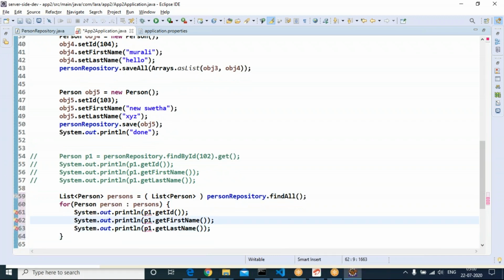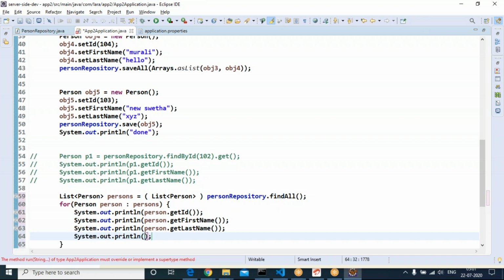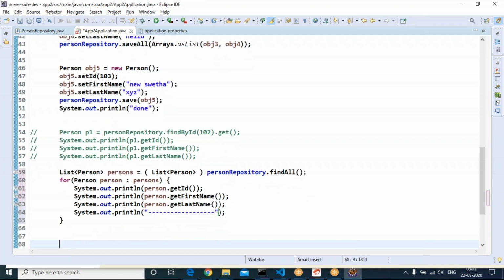From the list of persons, try to read one person. I'm using an enhanced for loop to read all the persons, reading all the records from the specified table.